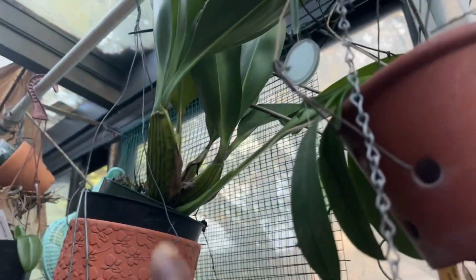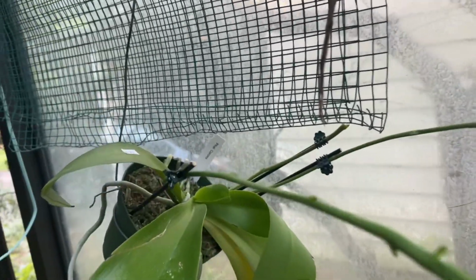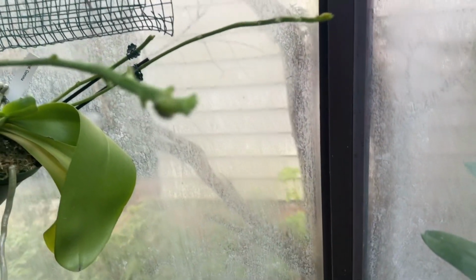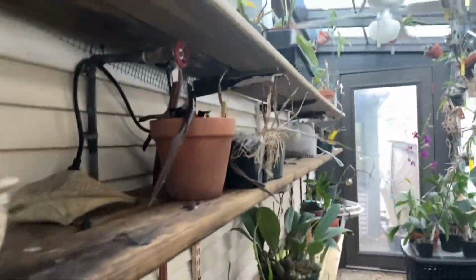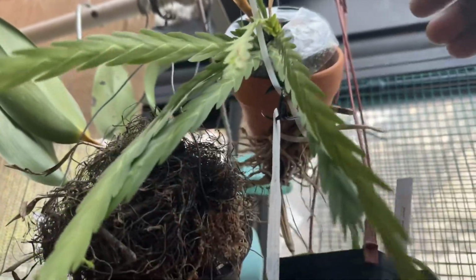This is my Eurychone stapeliiflora, giving me that nice growth there. And here's my Phalaenopsis corningiana that's budding up, going to give me some more flowers. Let's see, this is Lockhartia amoena, and I know you probably